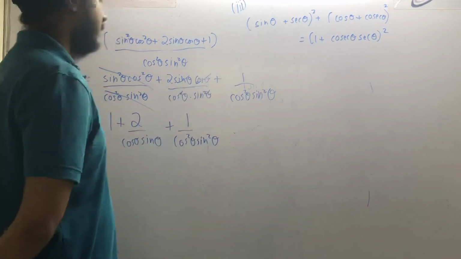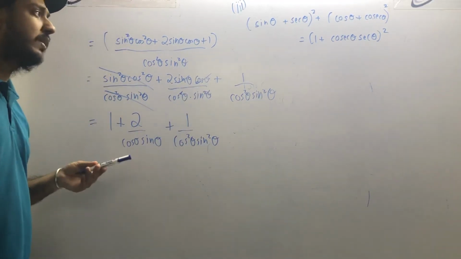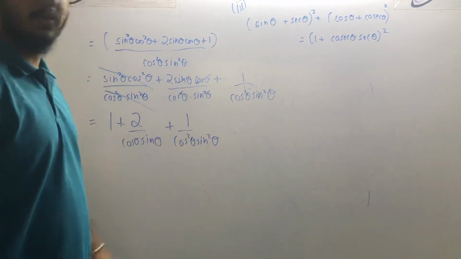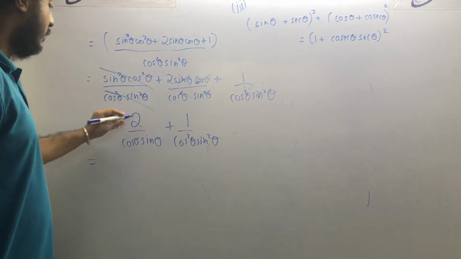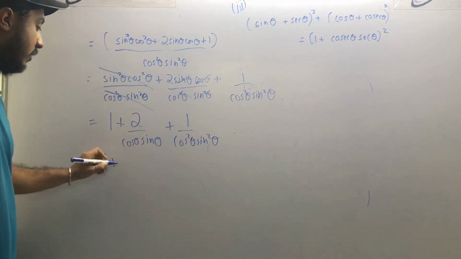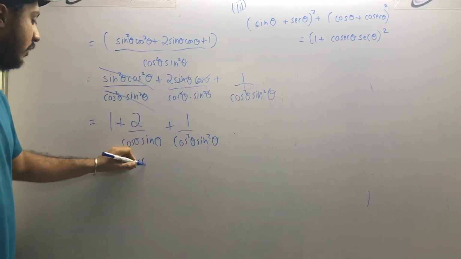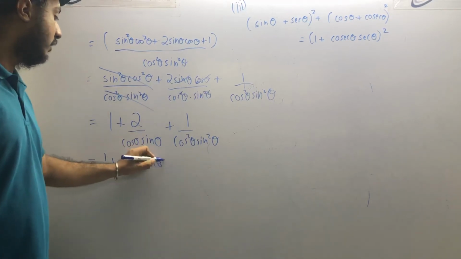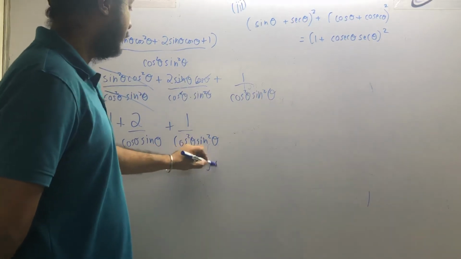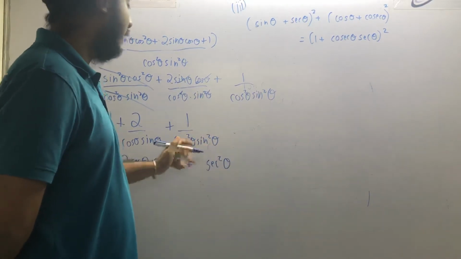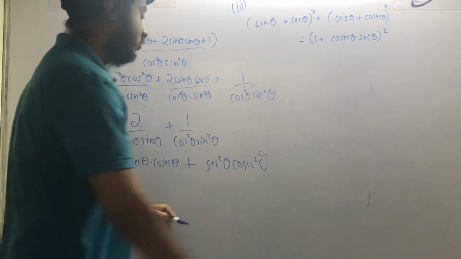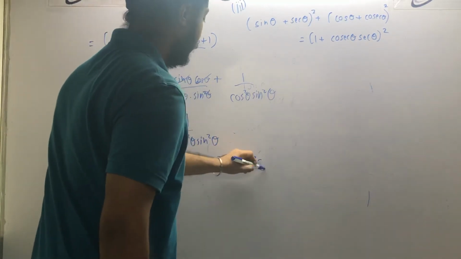Now look carefully on the right side. You are having cosec theta and sec theta, right? So now I have to convert this cos and sin into sec theta. So you know, here you have 1 upon cos theta into 1 upon sin theta. Yes. So 1 upon cos theta will be what? Sec theta. And 1 upon sin theta will be cosec theta. Okay. Plus 1 upon cos square theta, sec square theta, plus 1 upon sin square theta is cosec square theta. Now, what do you see from this equation that I have written?